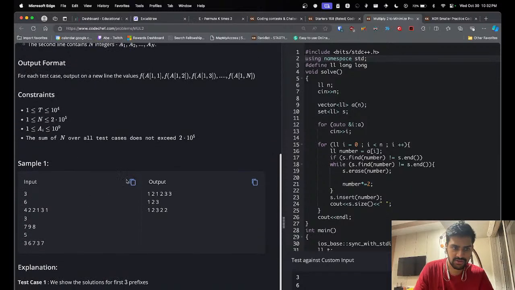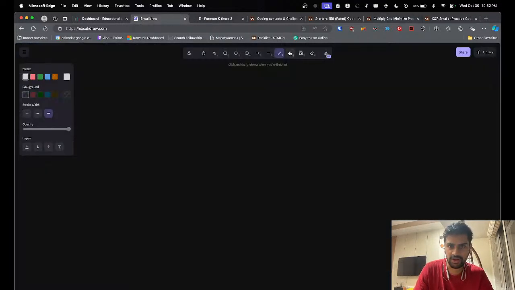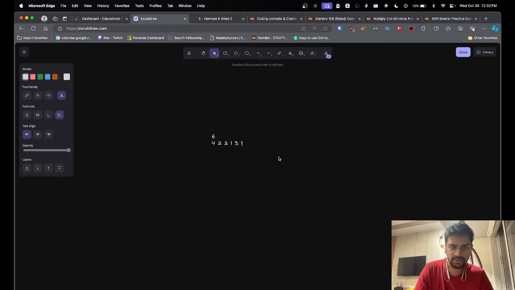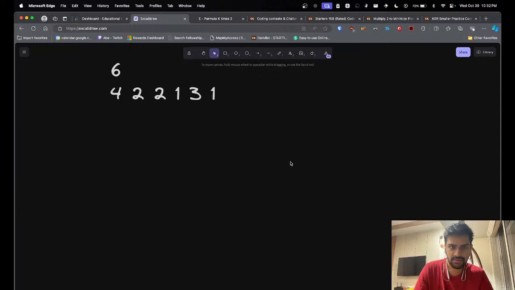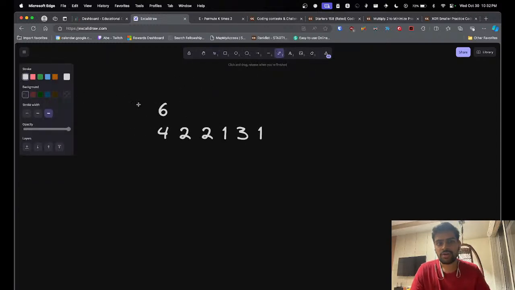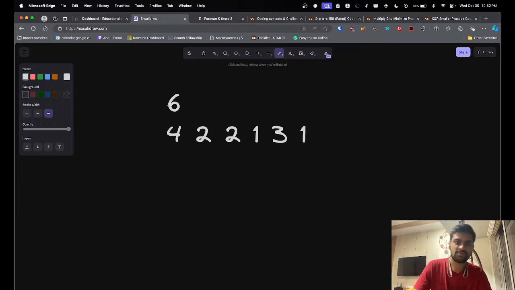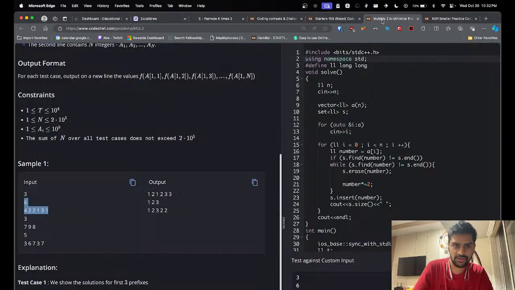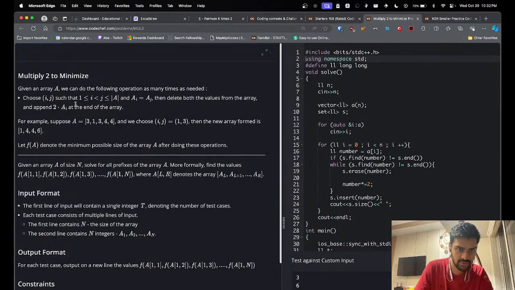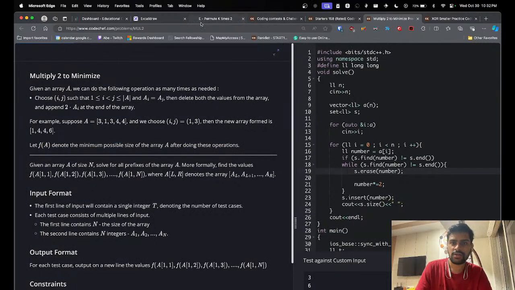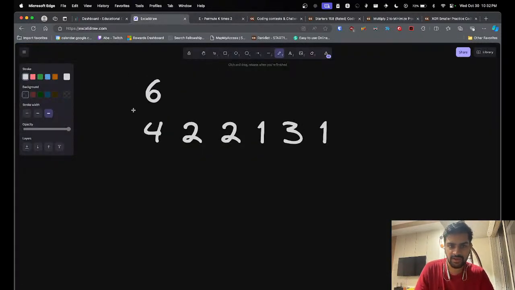Let's just take this example. Okay. So in this question, firstly, the score of the array. It mentions score, right? F of A, whatever. F of A is basically